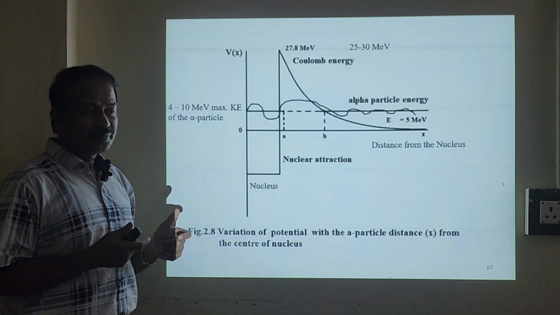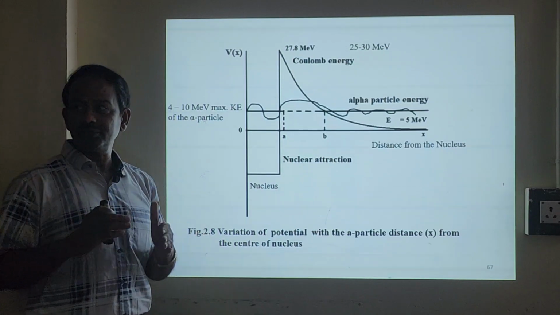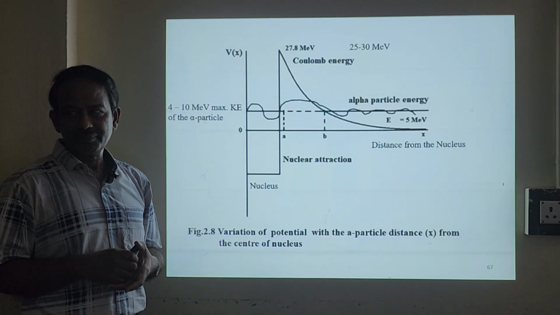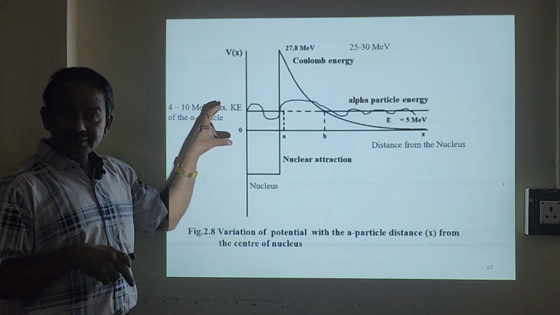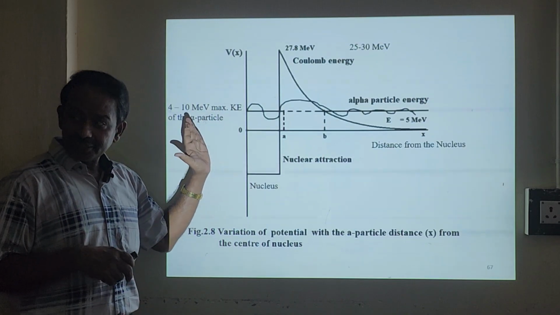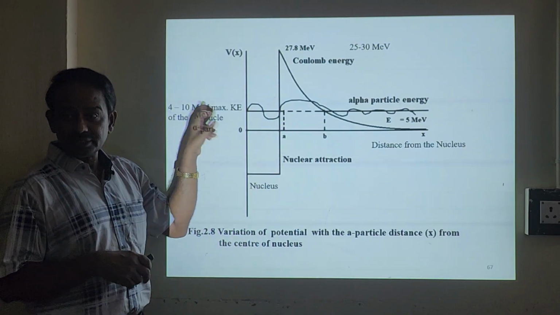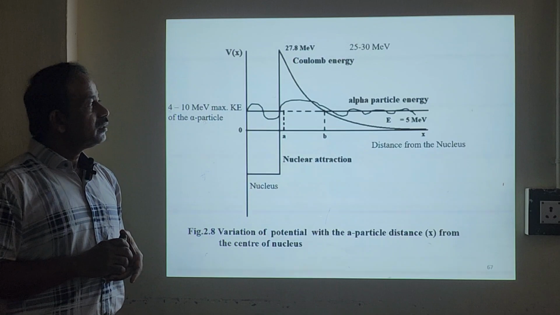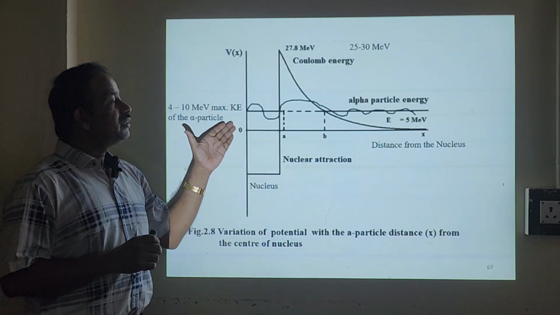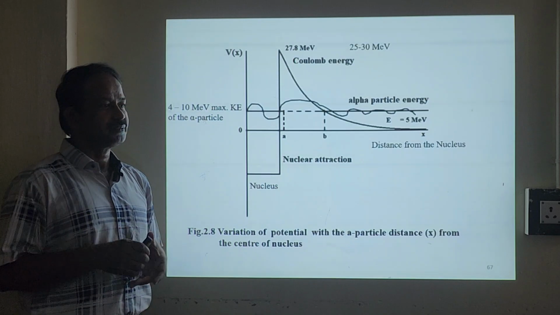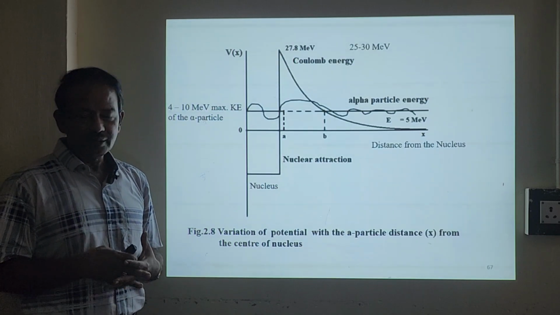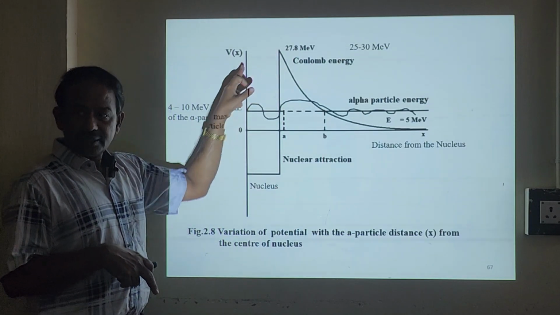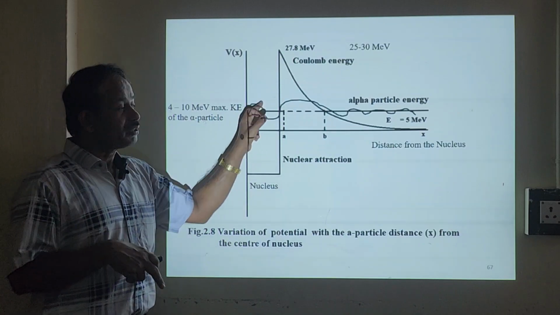So it cannot escape. If we talk classically, we have to give enormous energy, more than 27.8 mega electron volt, only then can we cross the barrier. Whereas quantum mechanics says there is a chance that these particles will penetrate the barrier, which is higher than their energy, and leak out. What does it mean? It means that particles are associated with waves. We know already that particles are associated with waves in quantum mechanics. Even though the barrier height is very large and the kinetic energy is smaller, there is a chance that the wave will penetrate the barrier.